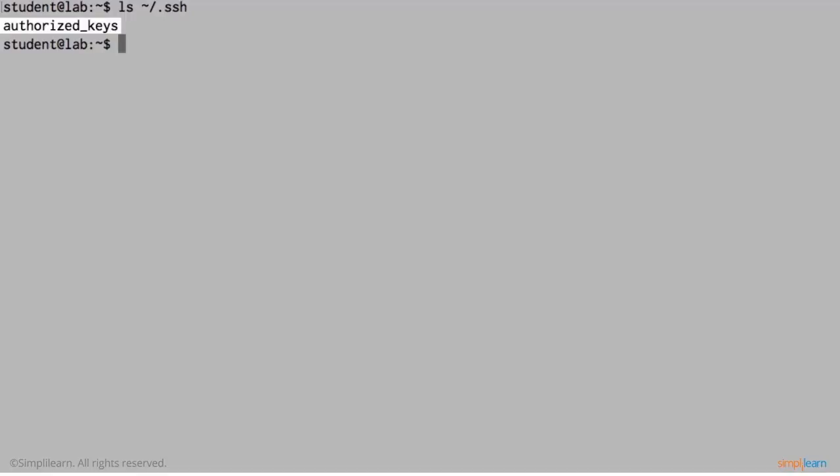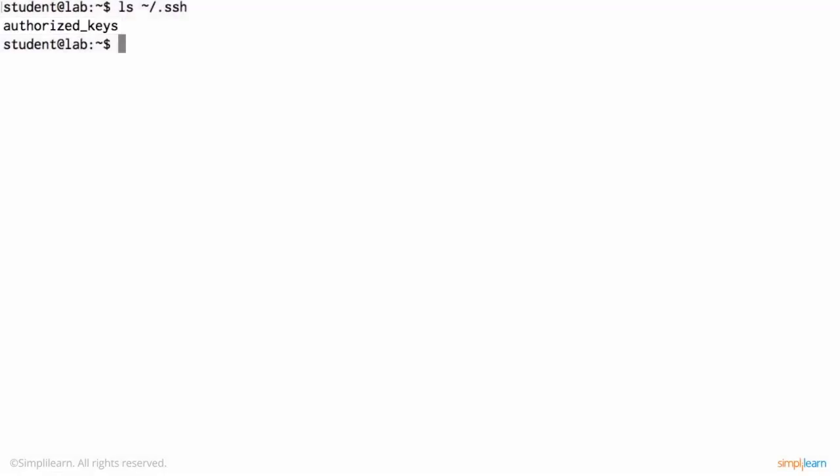So you do that by saying ls to list, in your home directory, the contents of a .ssh directory, dot meaning hidden. And we see that we have authorized_keys. That means we don't have the requisite keys. So let's generate those. We use the ssh-keygen program, and we want the type RSA. This is where we want them stored: /home/student/.ssh, and by default it's id_rsa. We're not going to use a passphrase.